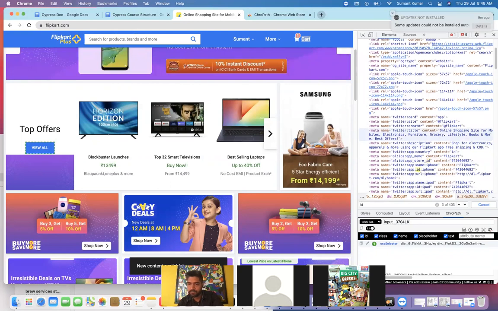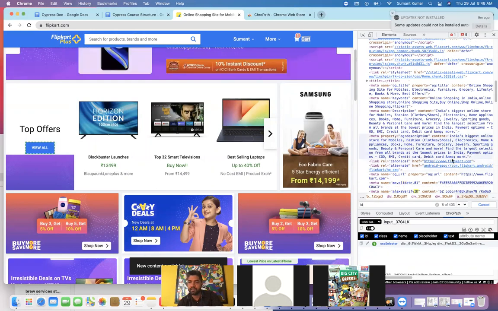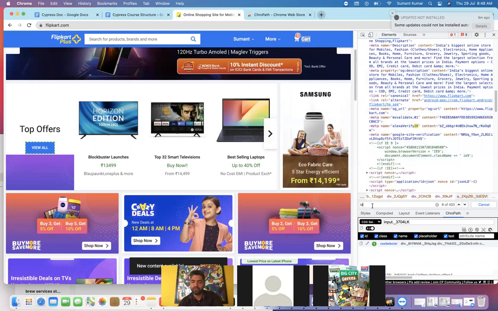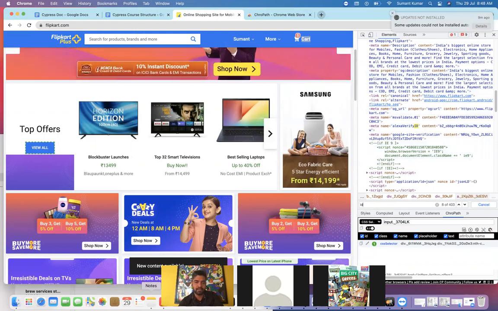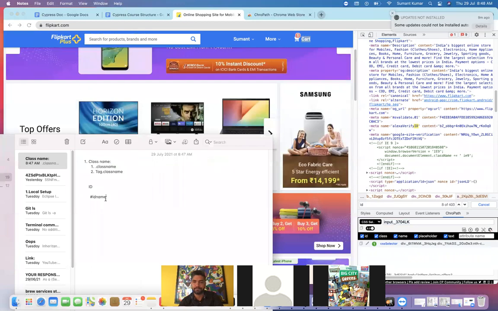Not this one, no, that's not it. We'll see in our practical time, and if any ID comes, I will tell you. Basically, just as you use the class name, you can use the ID name, and what you have to do is hash and the ID name. Okay.